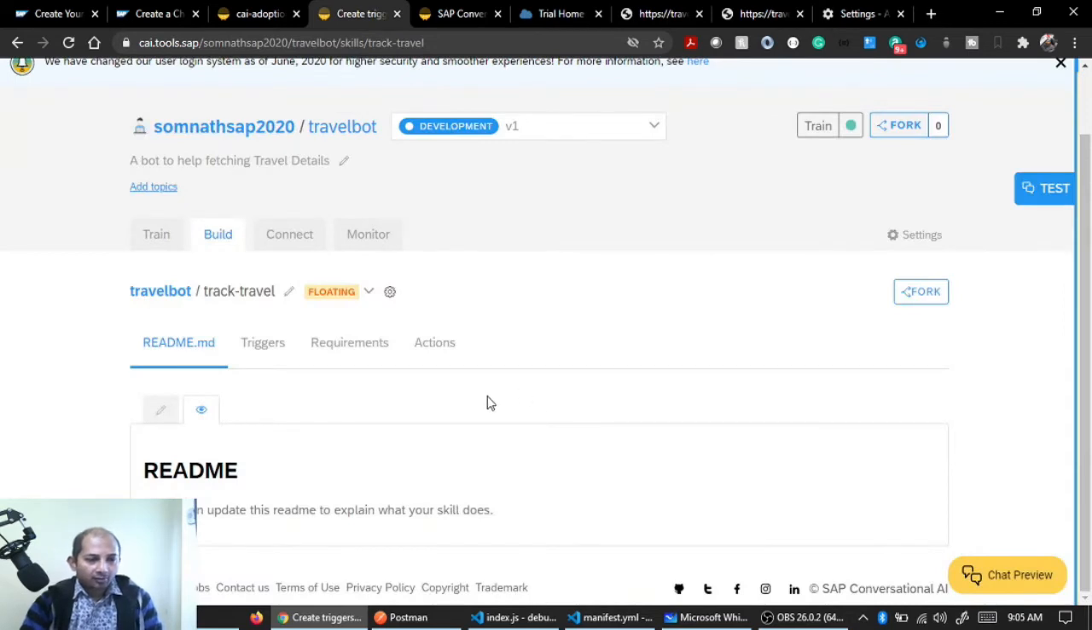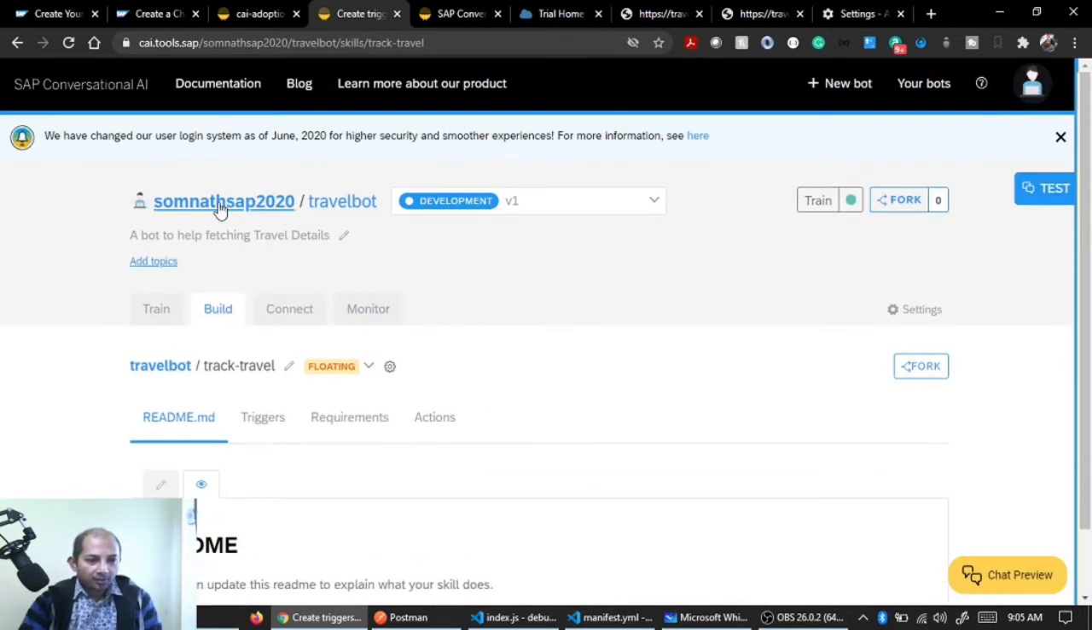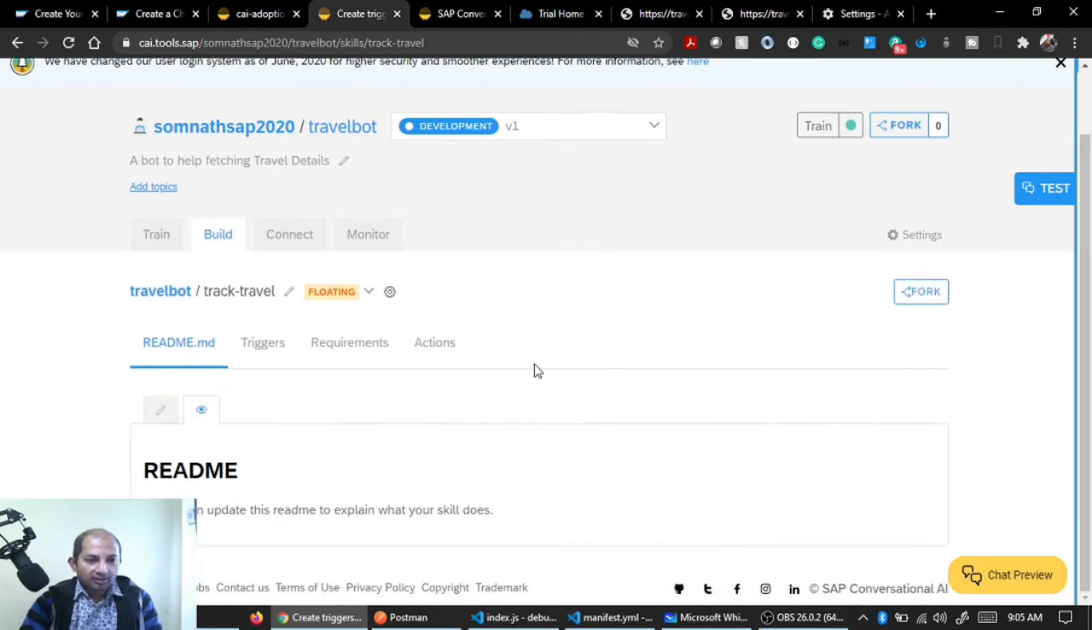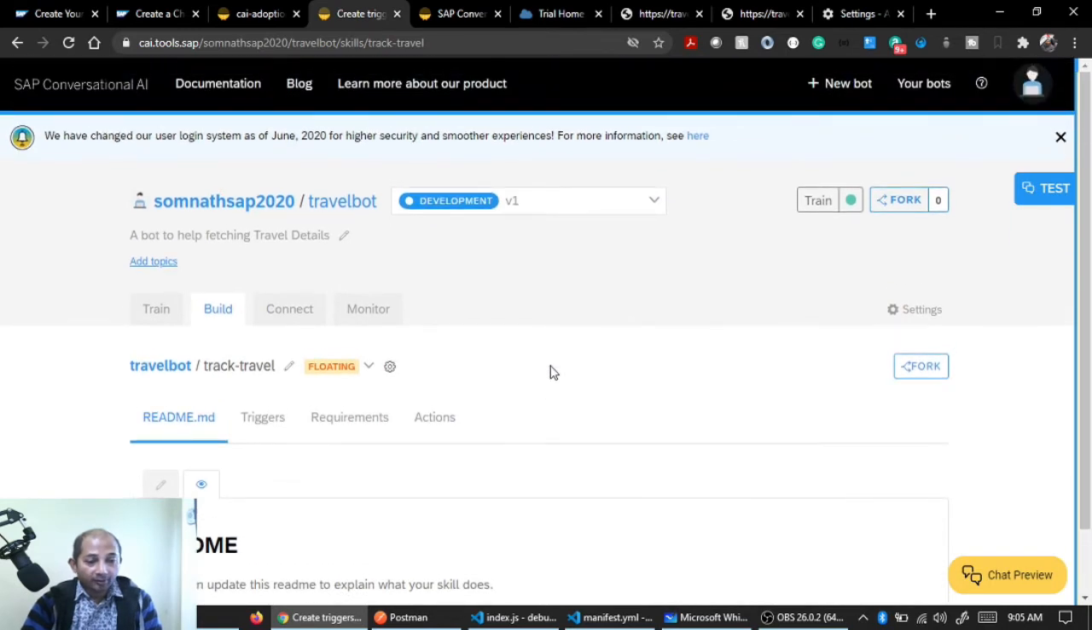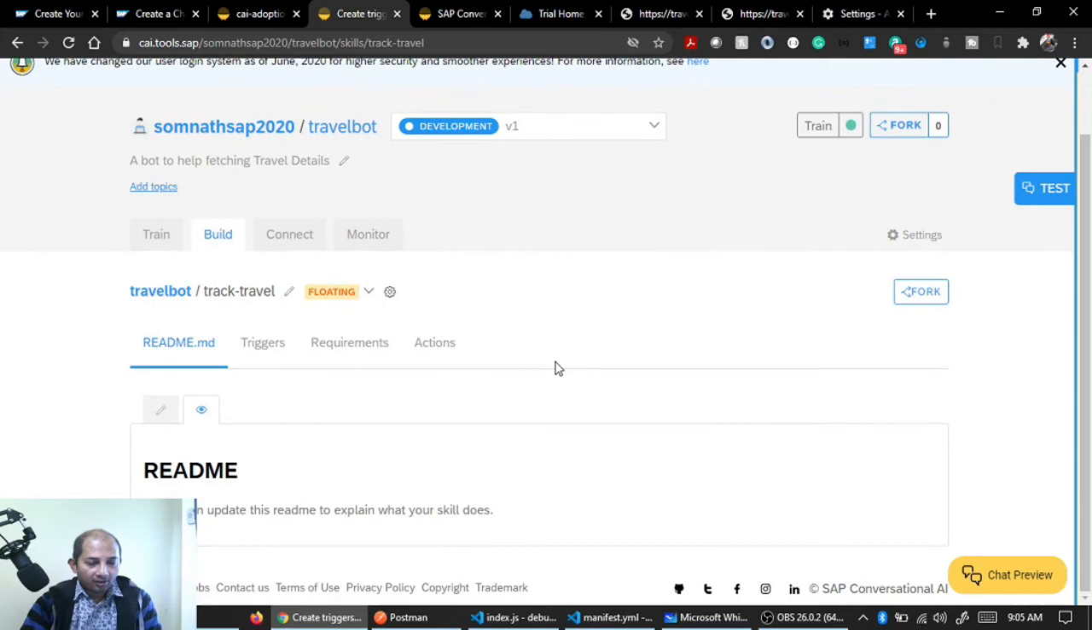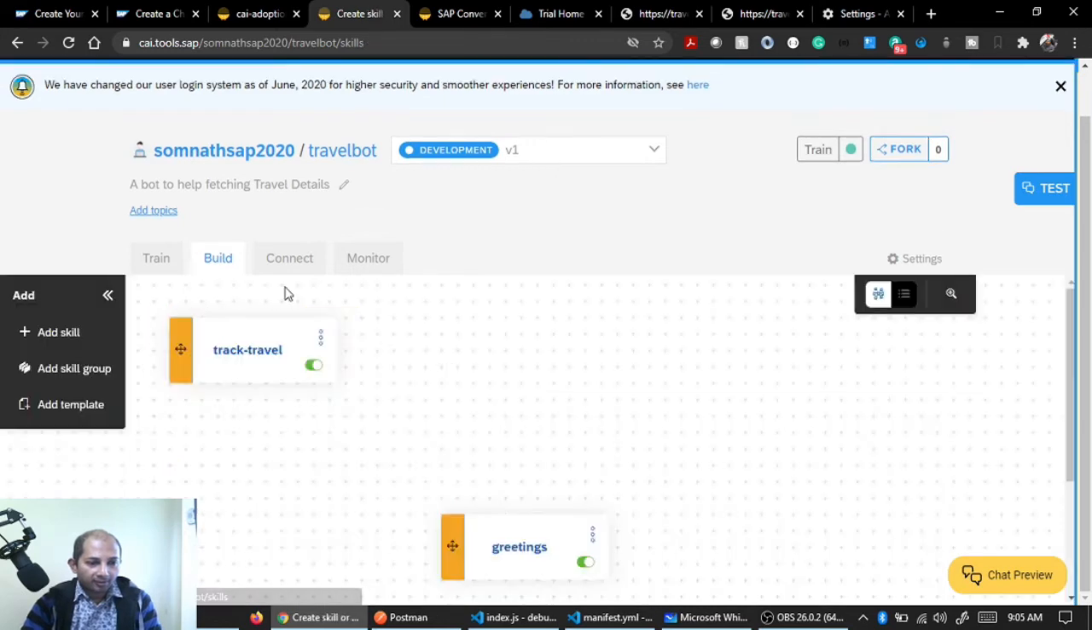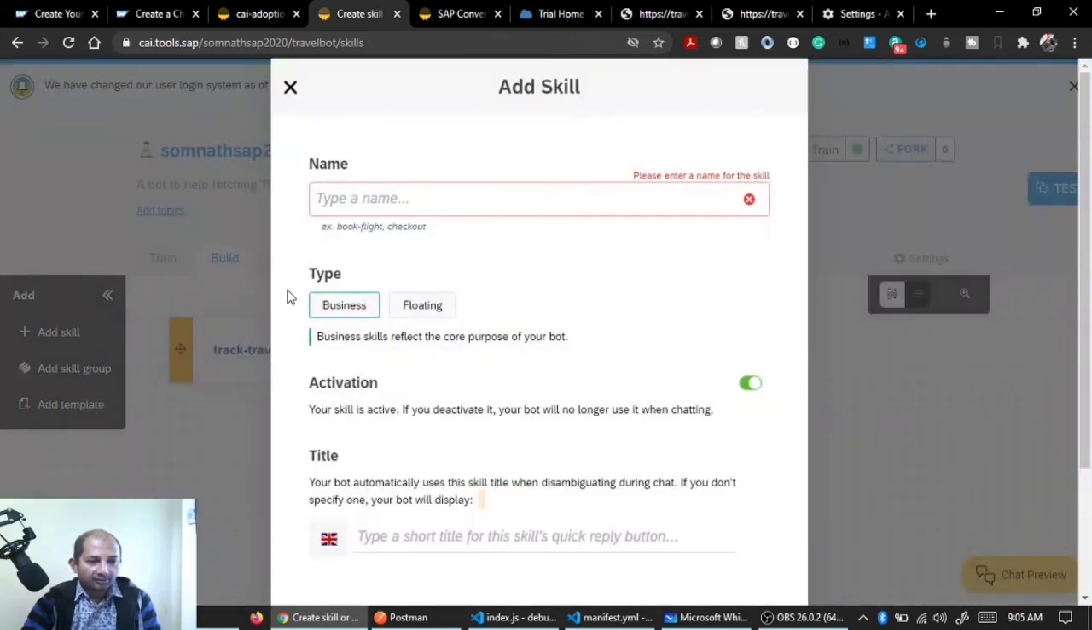So now we are on the build tab of our travel bot, which is already an existing application. Let's understand what this skill does basically. Once you head over to the skill tab, let's quickly go back one step. So we have to click on add skill, and you can put any skill name that you are interested in,